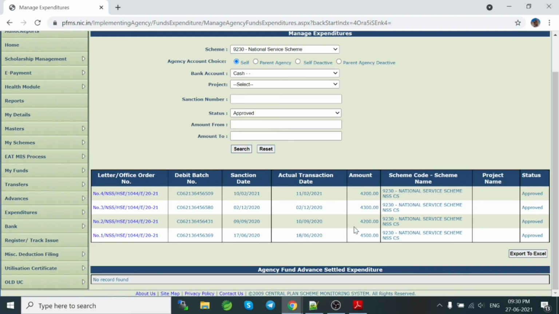You have to schedule the amount or split the amount accordingly. Now in a day or so you will see your EAT module is green. There is one more video to check how to see whether your account is green or red, or whether it is active or inactive. Okay, thank you all.